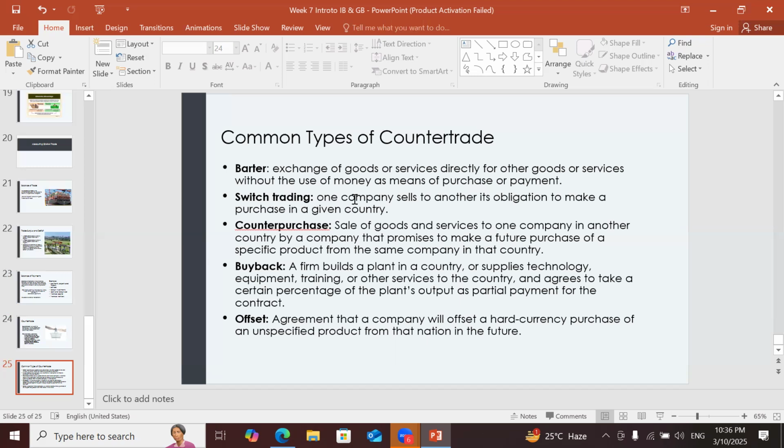Swiss trading: one company sells to another its obligation to make a purchase in a given country. That is, one company tries to sell its obligation to another company. Swiss trading. Counter purchase is the opposite of